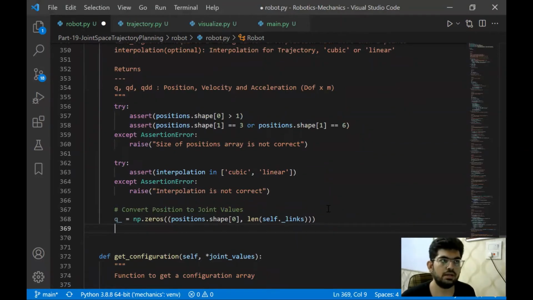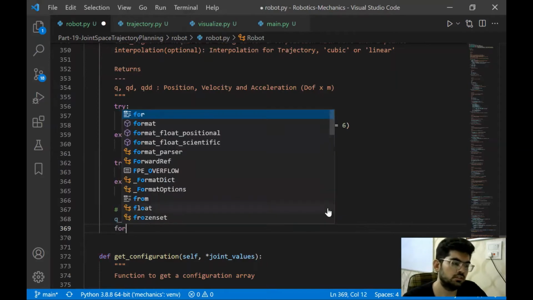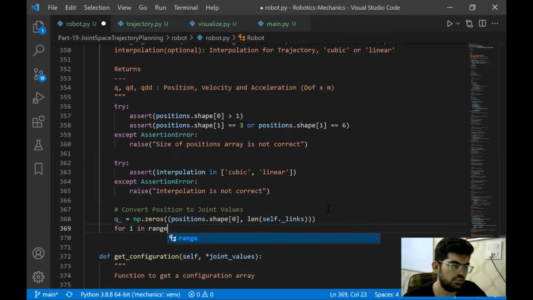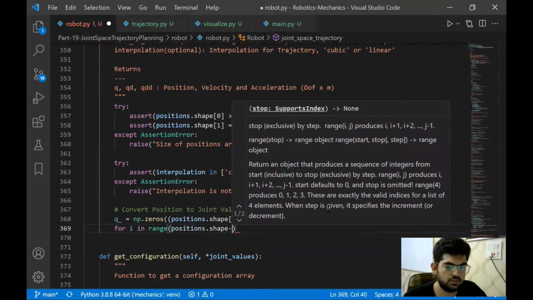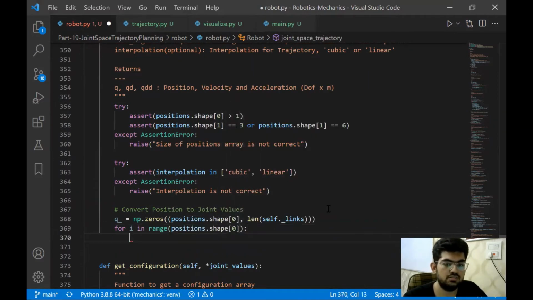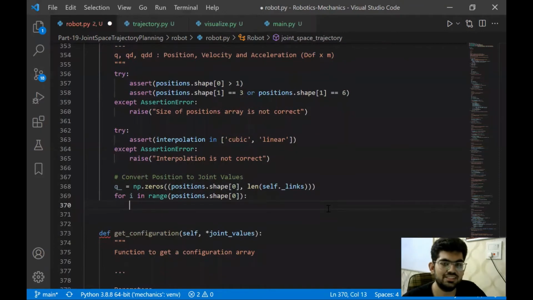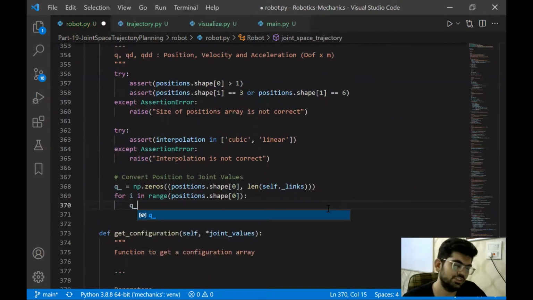We should have implemented that, but since this is our first iteration of the software that we're working on, we are simply going to have a for loop over here that's going to keep iteratively converting all the positions to joint values. So let's do that, for i in range. So we're going to loop over the number of points, all the points, and convert their joint values.